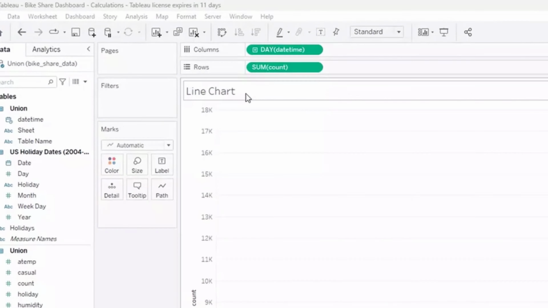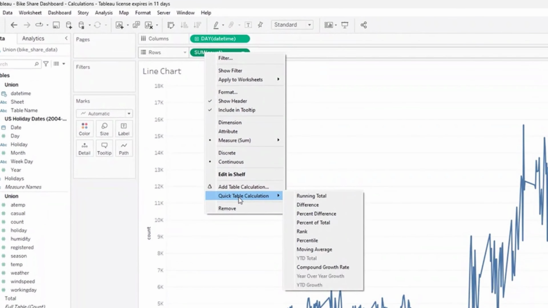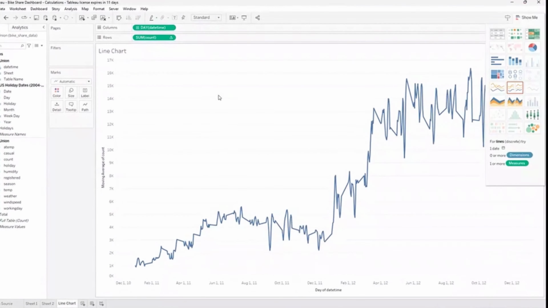So I am going to right-click this and go down to quick table calculation, and I'm going to create a moving average. And you can see from here, you can see this delta sign, which means there is a table calculation with a moving average. And we can see that has gotten much